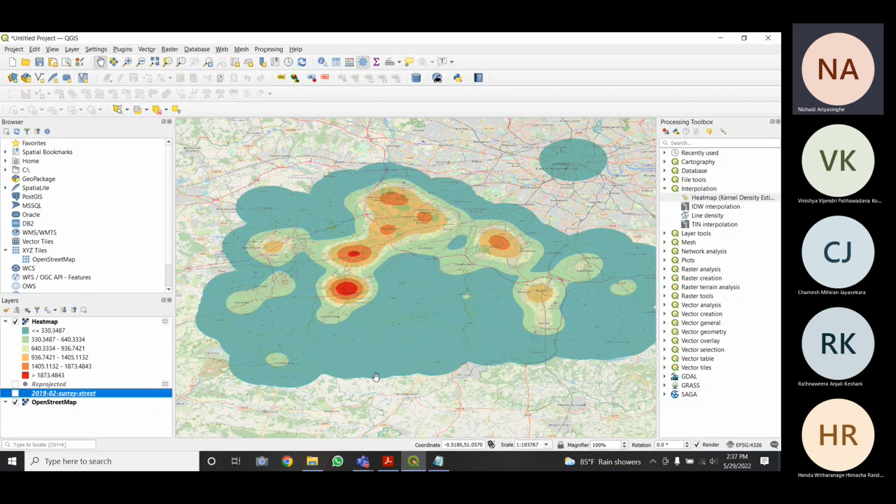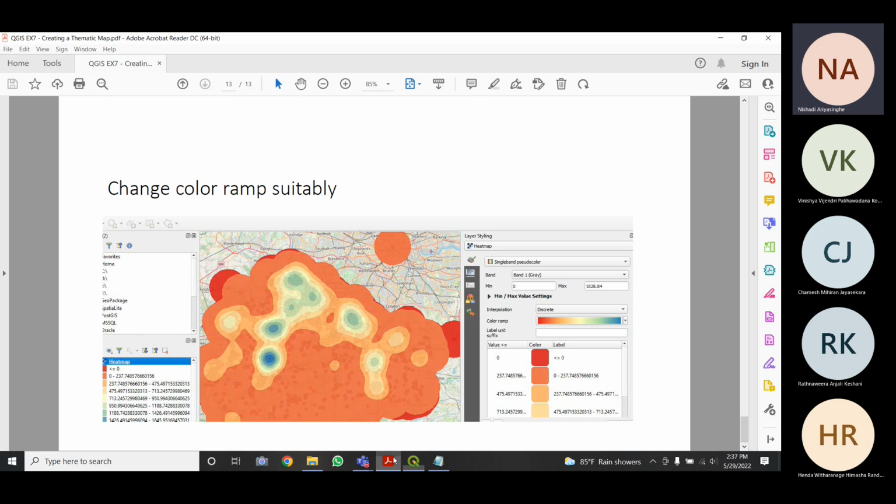You can explain something, talk about the data, or tell stories using this heat map, right? So that is how you should create a perfect heat map for your data set, right? Any questions?